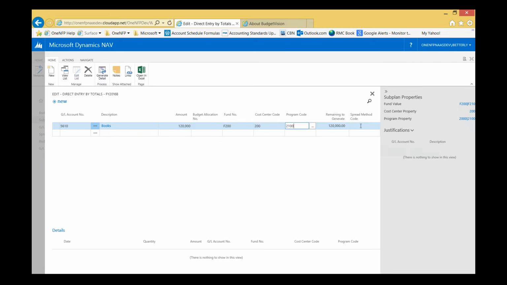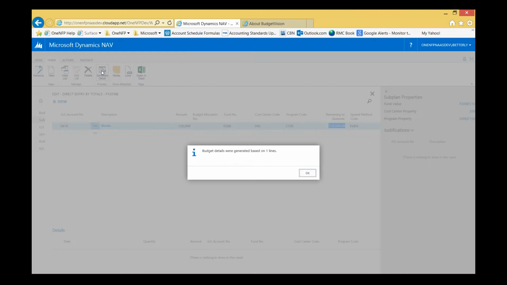And I'm going to do this one even across all periods. Now I've defined this, but it doesn't have the actual detail lines underneath that. What I have to do is generate detail. And it will only generate detail for the lines that you select. So if I had a few lines here, I'd have to select all of them. But it will be pretty obvious. It tells me I've got 120,000 remaining to generate. So if I generate that detail,